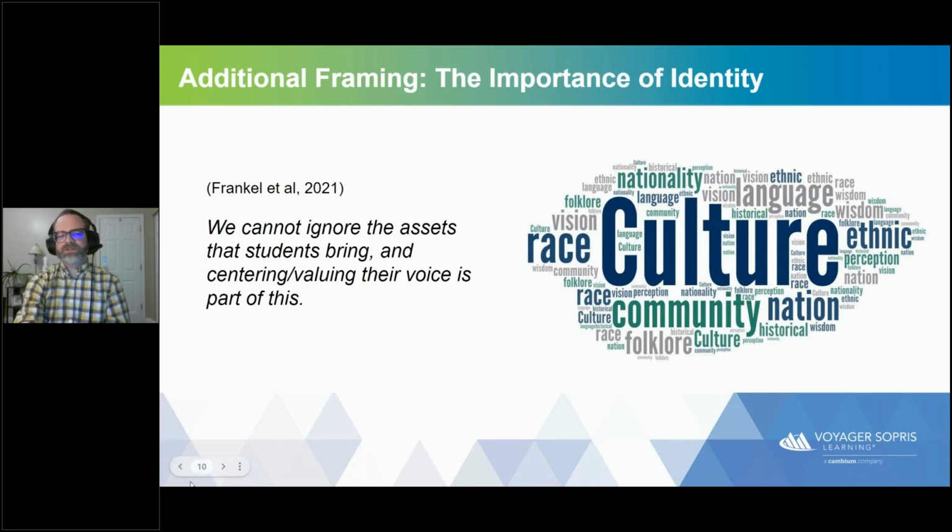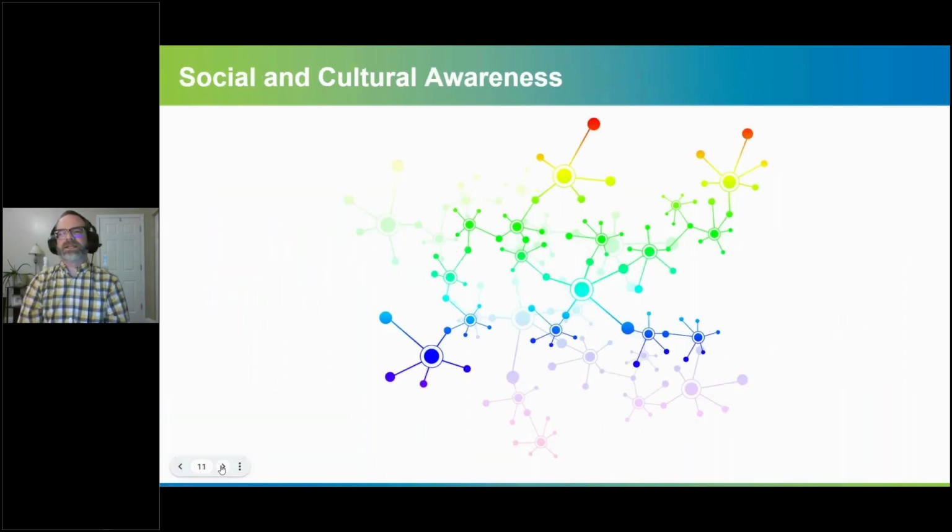And so there's more to this than just something I think that sounds like a nice statement. I think there's really something connected for the classroom. And so thinking about those connections, that social and cultural awareness, imagine one of these spokes is you. You can pick the one, you can point to it, you can write your name on it. You can imagine one of these other spokes might be a particular student that you have in mind. Sometimes I think a classroom can feel like that one spoke and the other spoke sort of in opposition to each other. And some days this dynamic plays out well, and some days it doesn't play out as well.